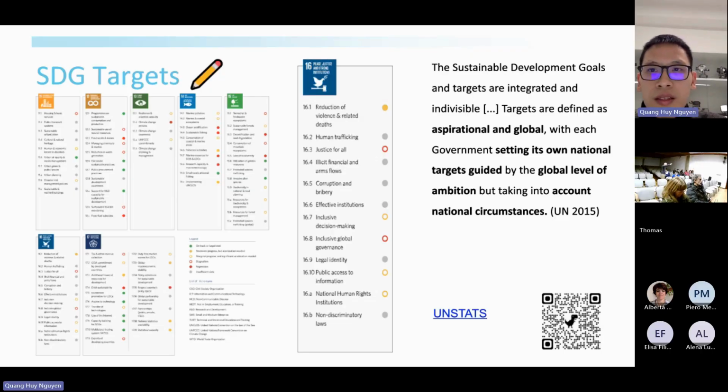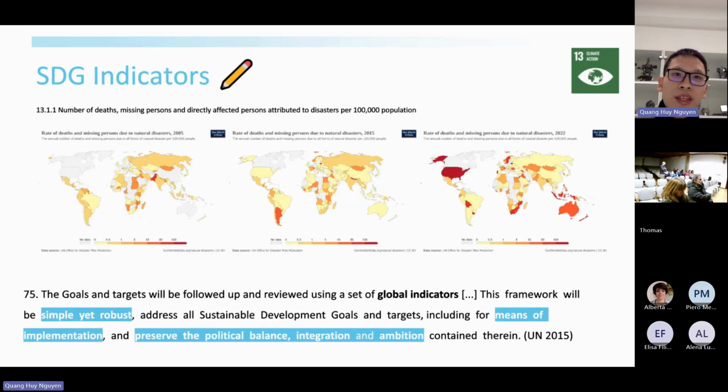So the targets should be aspirational, and they are also global. Their setting is made on the national scale with the global ambition. So here the targets are distributed to all nations, but still with the global ambition. But they take into consideration each country's context. And the indicators are a way to further clarify each target, where we can see here an indicator about the